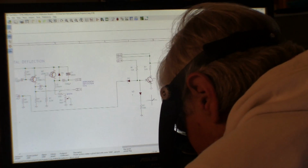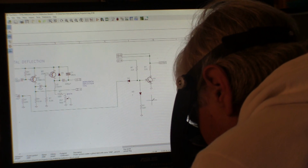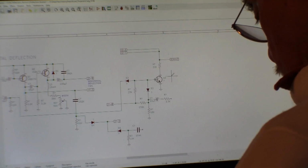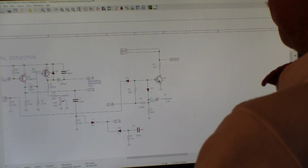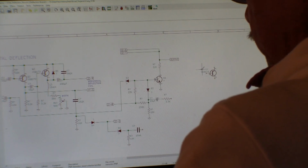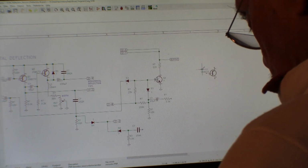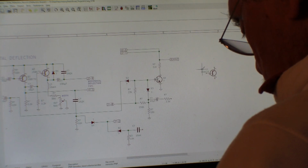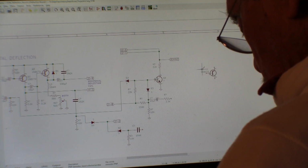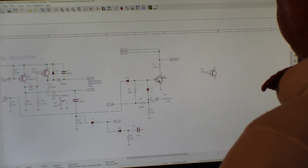He's got a capacitor coupling in. Okay. He's pulled up. His collector goes to ground, so he's probably a PNP. Edit. Q5. Q6. The emitter goes to ground. Collector, emitter, 100 ohms to ground. Okay, so